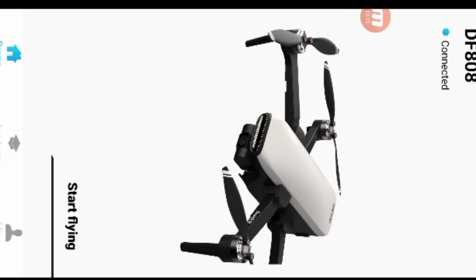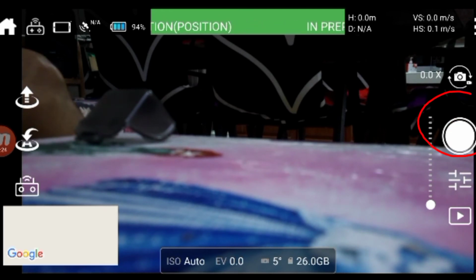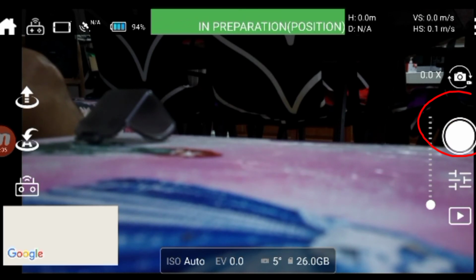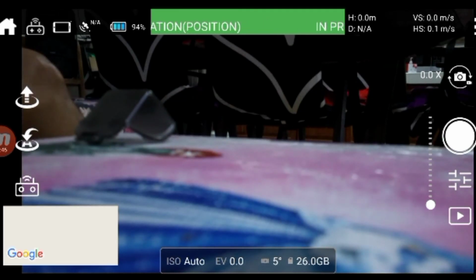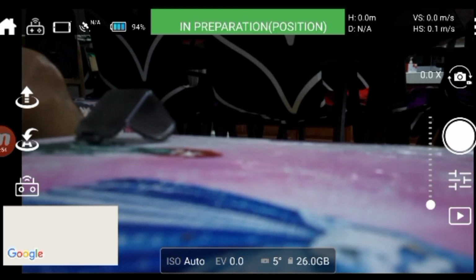We're back. Start flying. I think we have intelligent flight modes. Oh, here. So here you can toggle from photo to video. Just like that. Press. Then you can switch it here if you want to take a photo, or if you want to take video. There, I take a photo, and then here video, another photo, but here video.